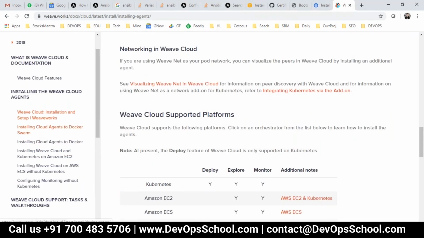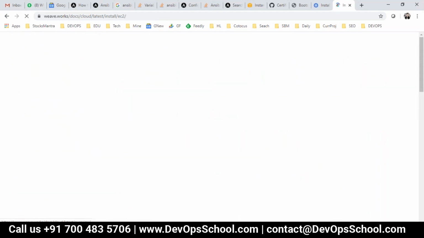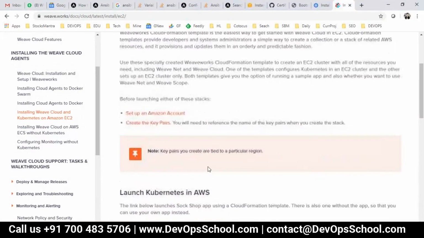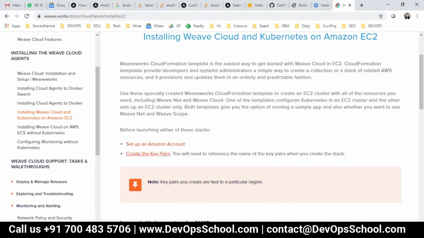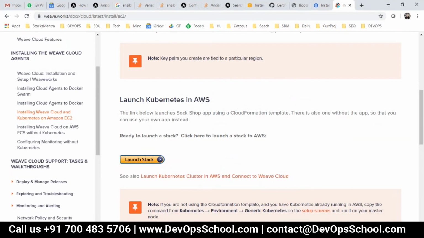And here it says Weave Cloud installation and setup, and here it says configuring Kubernetes ECS. This is Amazon EC2. So let's check this one out. This whole stack has changed and I need to spend some time. But for the time being, I'm going to give you what they had before this website.